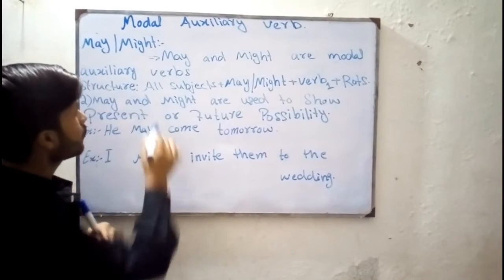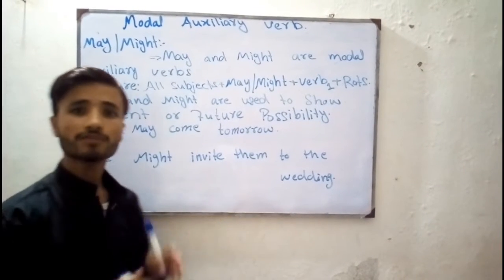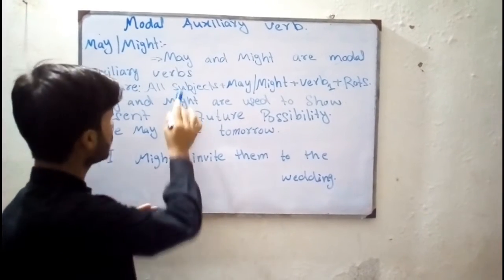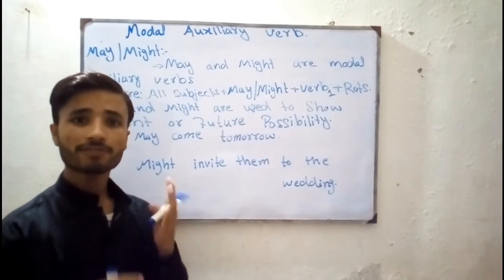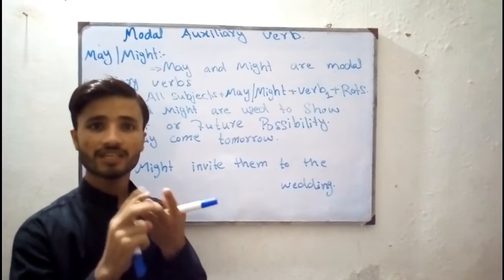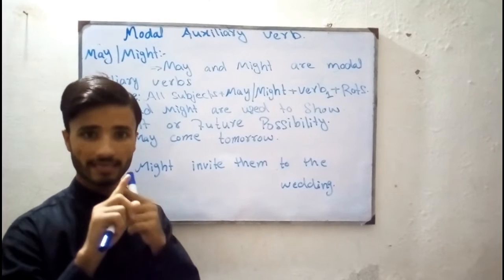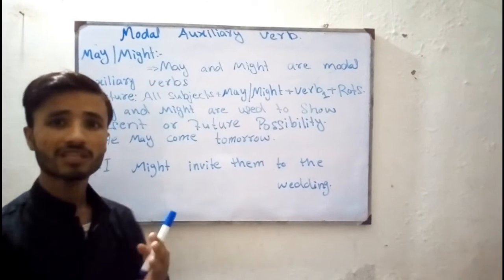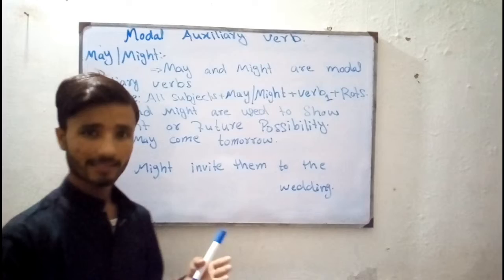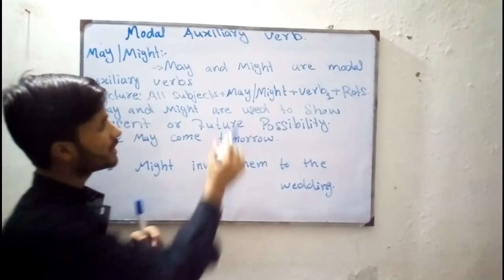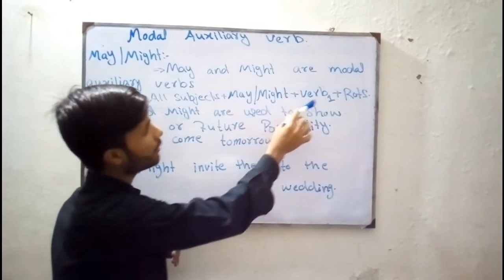Verb first form plus rest of the sentence. Now what does it mean? What does it mean, all subjects? We have 7 subjects or pronouns. We can also call it pronouns. We have 7 pronouns. He, she, it, I, we, you, they. Is this clear, guys? Or you can also use singular names or plural names. Is this clear? So we can use all the subjects with may or might, and we have to use first